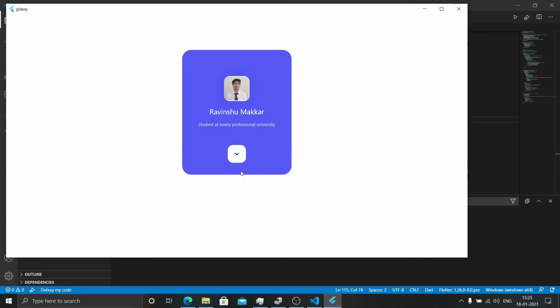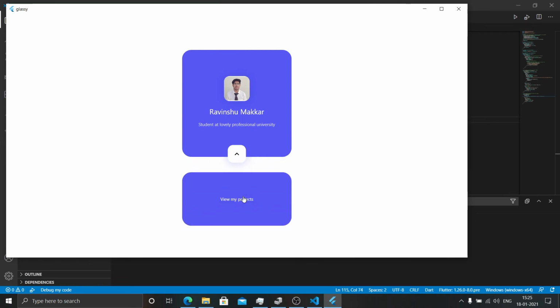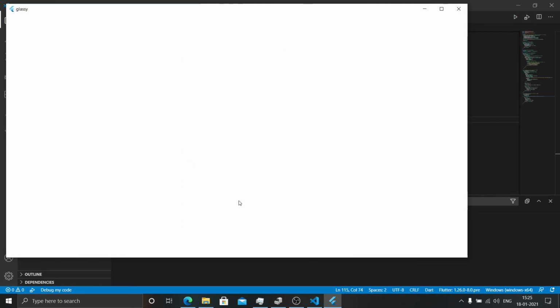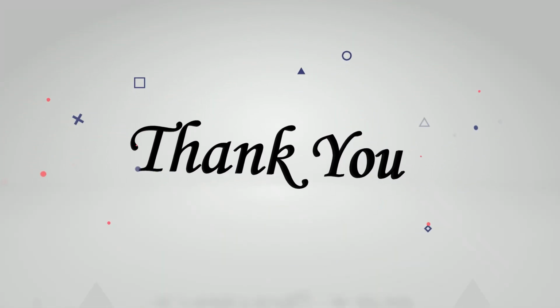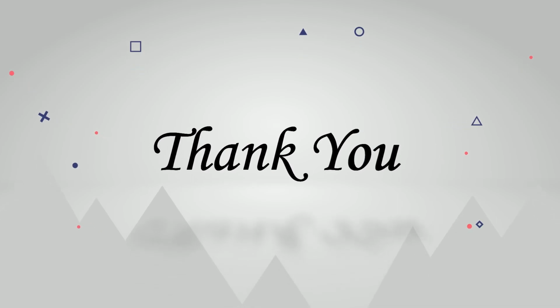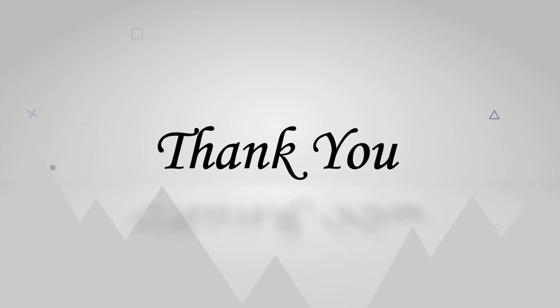Let's restart our application and see if everything is working. Yeah, it's working, the flat button is working, and see, we are on the blank screen right now. So this is just the first part. In the next and later parts I will tell you how to make the project screen.